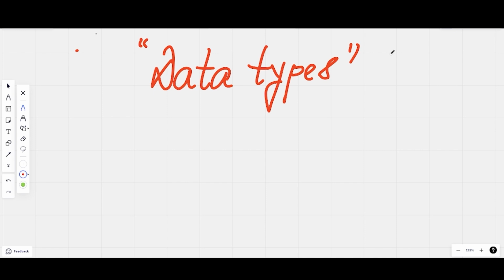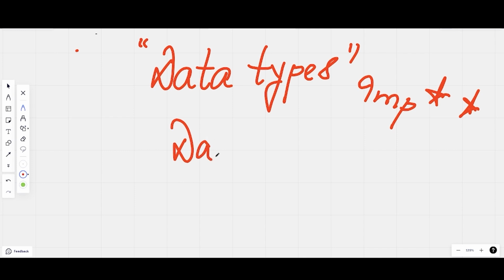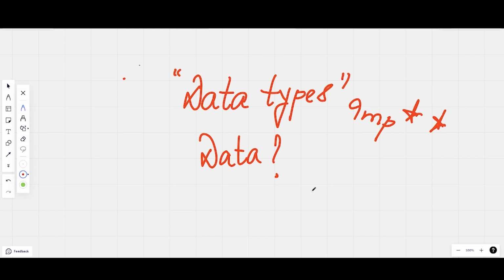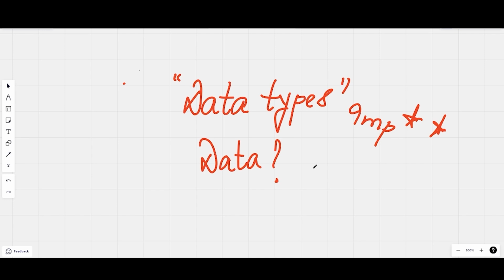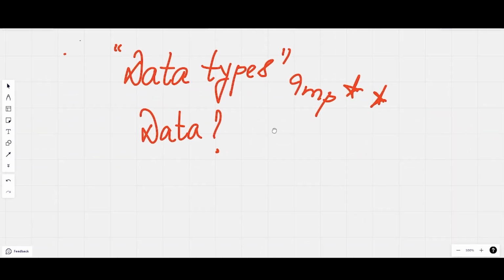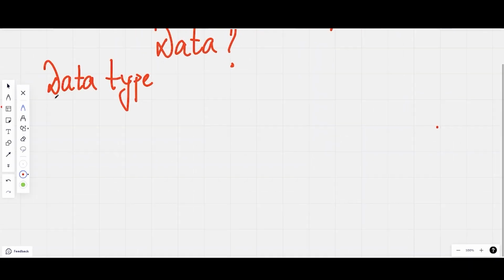Now, whenever we start learning any programming language, data types are a very, very important thing we have to know. They tell us what kind of data we are using in the program. When it comes to C++, it is very important to understand each and every type which is present. Now, in very simple words, data types are nothing but the data a variable can hold.